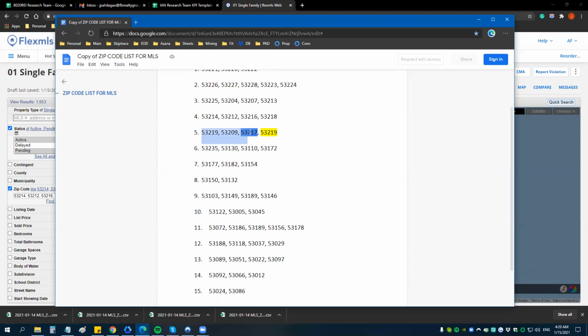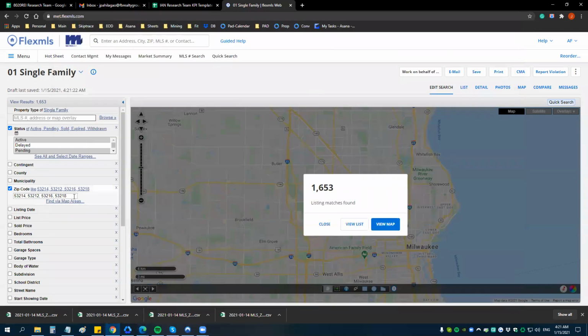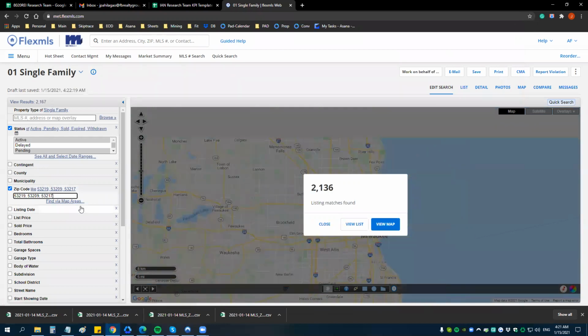We just need to include the three zip codes. And here's the thing: if you can see the results, that's a total of 2,167. And if we click on export,